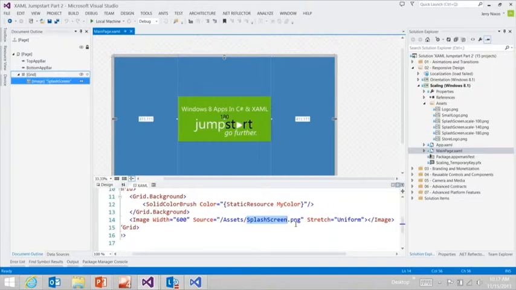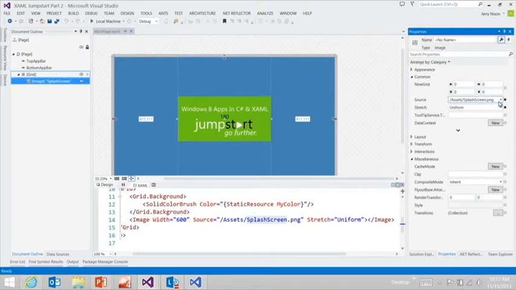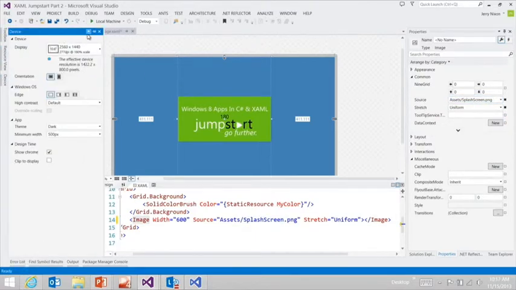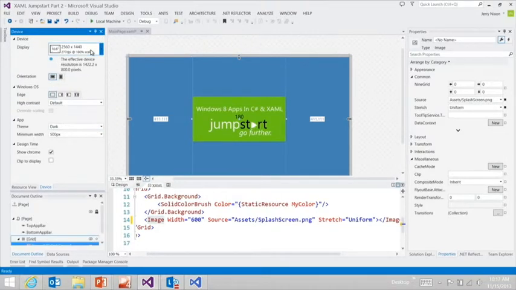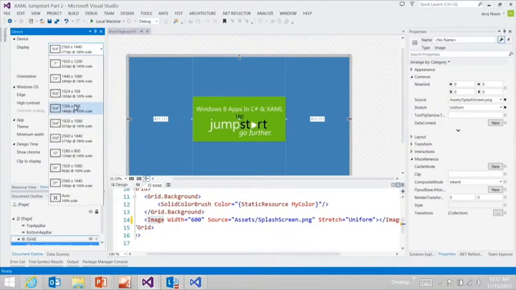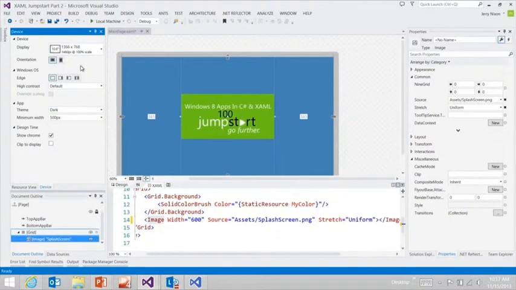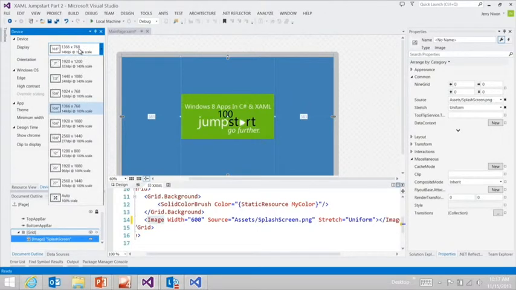And if I were to jump to the properties of this image and go down to select it, I don't see all the other scales either. It's doing it for me right here. And I can use the device panel right here, and I can simulate better devices than the one I'm even on. So right now, let me drop down. I can see there's 3 right here. So I can go all the way down to the 1366 by 768. That's 100% scale. And you can see that we've made a little number, a little 100, right in the middle of the image. Obviously, you wouldn't do this to your own images to differentiate them, but